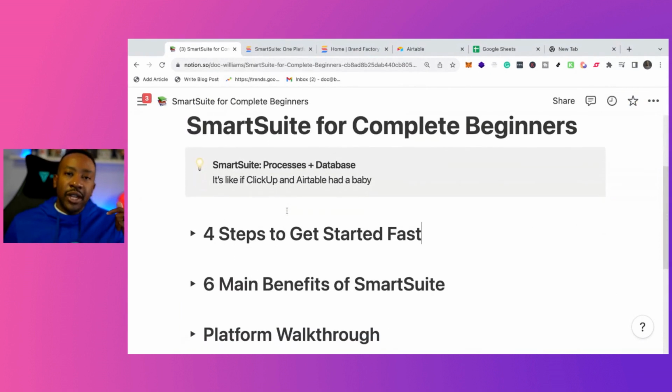You're going to be learning the 4 main steps to get started fast. We're going to look at the 6 main features of SmartSuite that makes it special, and a walkthrough to get started right now. And that's if you're switching from Airtable, Google Sheets, or wherever, you'll be able to do this